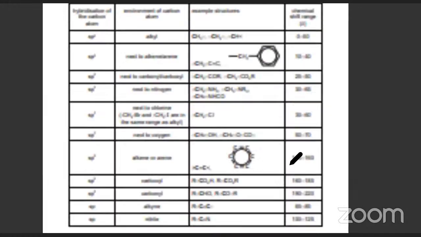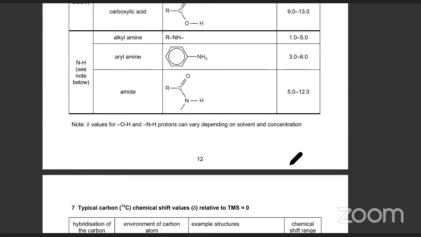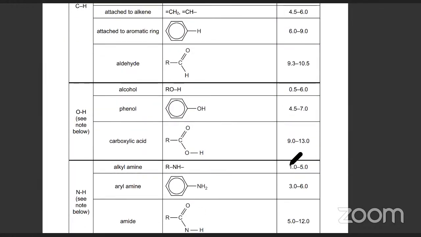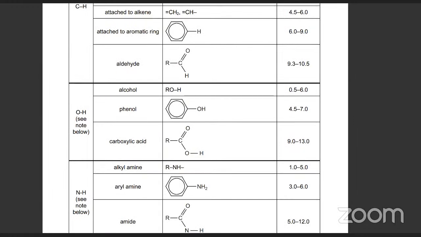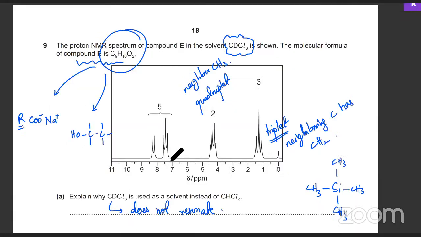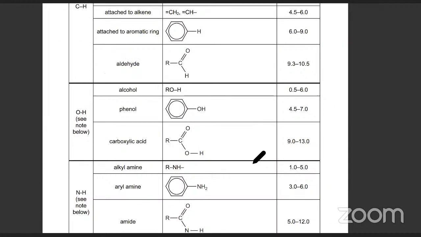So where's the NMR? That's carbon 13, this one. So first thing, look at the peaks. Where are they forming? They're forming around 7 to 8, somewhere around that. So 7 to 8, which,